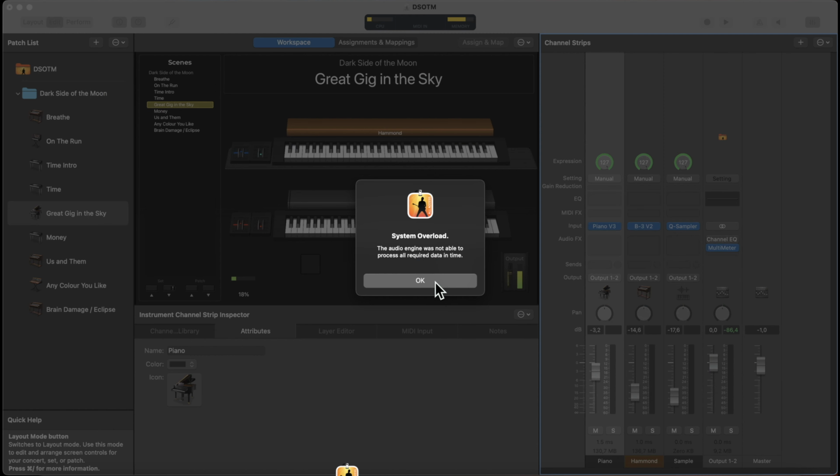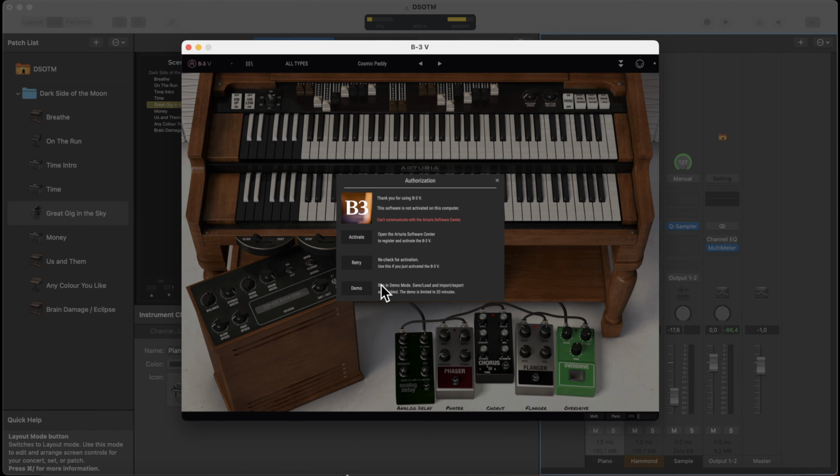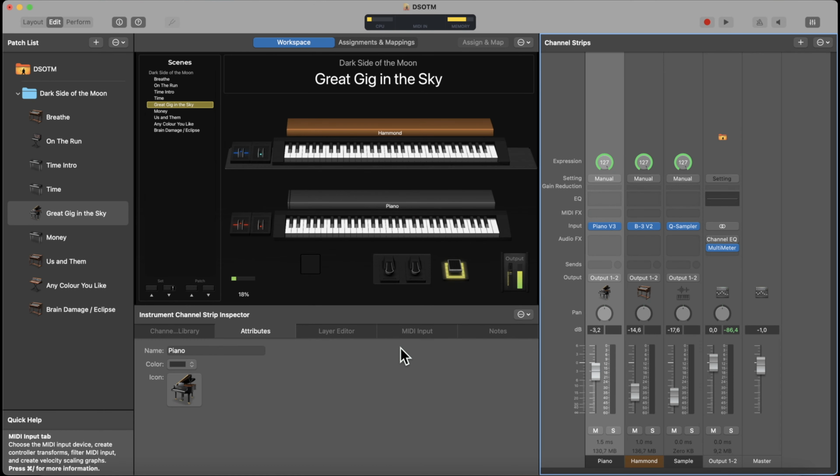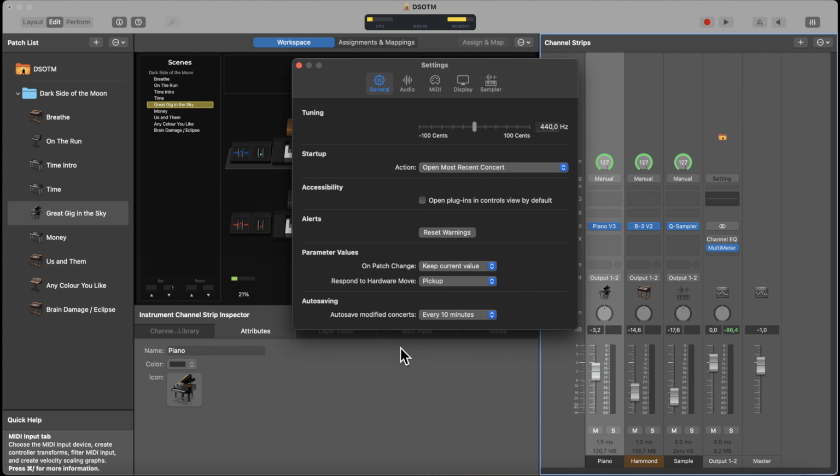System overload. This is what's going to happen to you if you have just a second, B3. This is the message that you're going to get if you have, let's say, an i5 MacBook Air with 8 gigs of RAM, and you try opening a Mainstage concert. You're probably going to get a message like this. So what do you do? The best thing that you can do to improve the stability of your Mainstage concert, you click